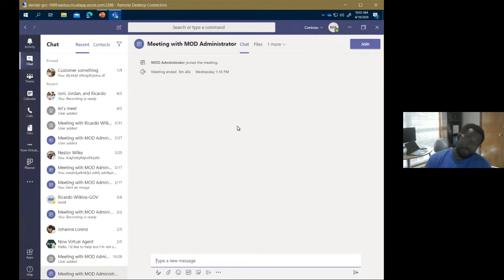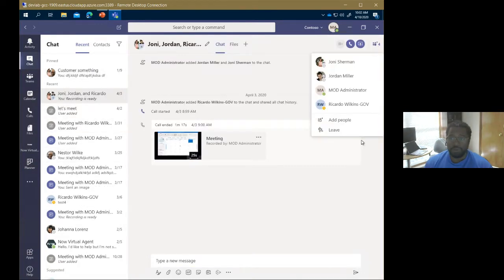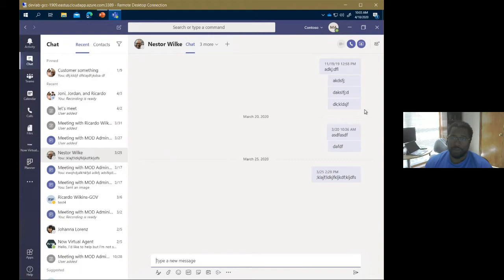The chat area is what is most like what you may have been coming from if you're new to Teams. You may have been coming from Skype for Business, where you fire up a chat with anybody in the org, and this is the same thing: hitting the new chat button and just starting to chat with anyone, whether it's an individual or even multiple people. And that chat does persist, as opposed to just going away into the ether, the way you may have experienced with Skype.